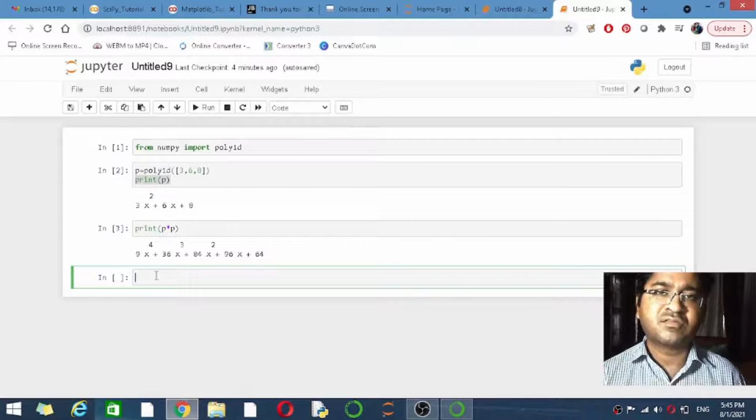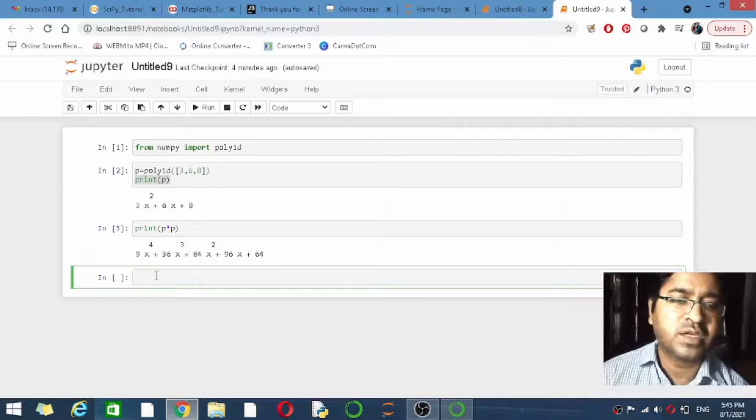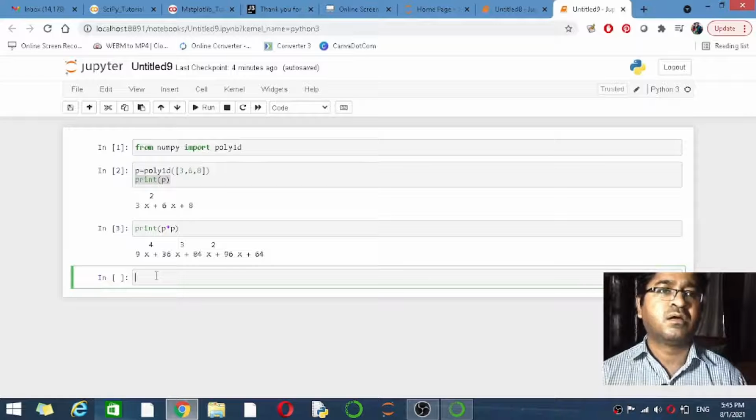Okay, in this way you can assign another variable q, assign another polynomial value, and then multiply, and you can simultaneously get the multiplication of these polynomials.